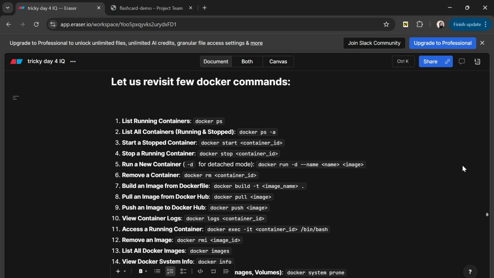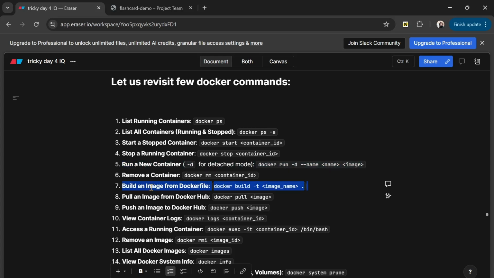So I've tried to assemble all the commands that we most importantly use. The very first thing is, first you have your application code and you have written a Docker file. After writing the Docker file, you have to build an image out of it. And once you build the image, you have to test if your image is running successfully. So point number 5 and point number 7, to build the image and to run the container,